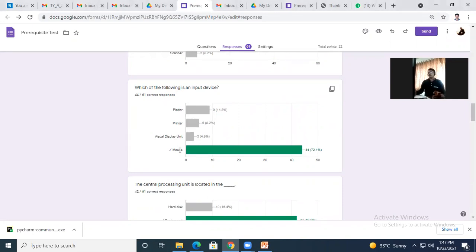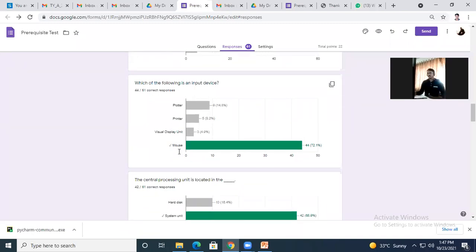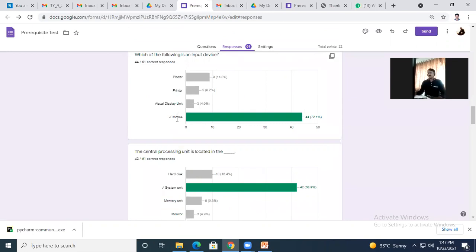There are options like left click, right click, and a middle button. Every button has a different meaning. When you press any of the three buttons, it performs some task, some event, and based on that event, the CPU will provide the action. So the correct option was mouse.